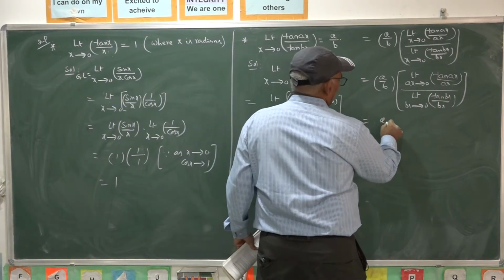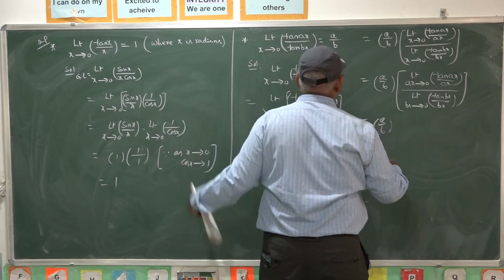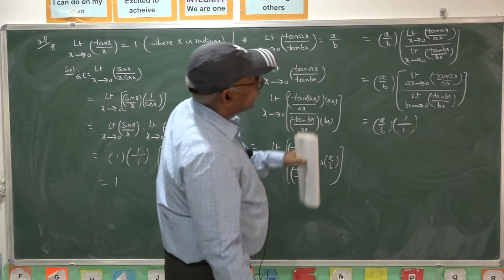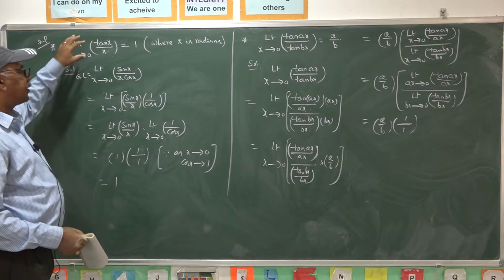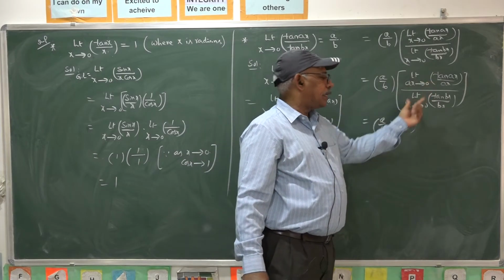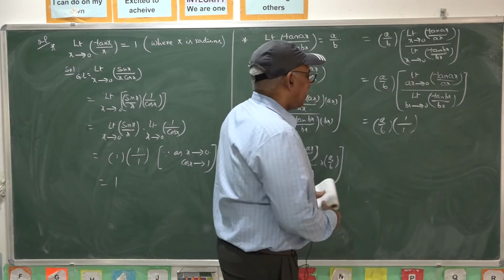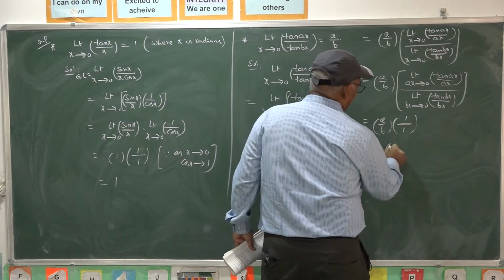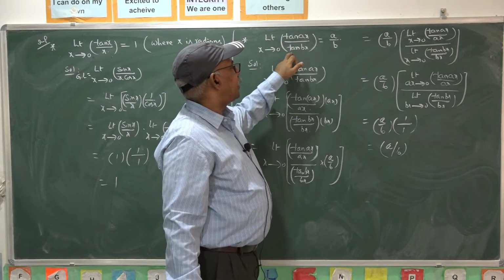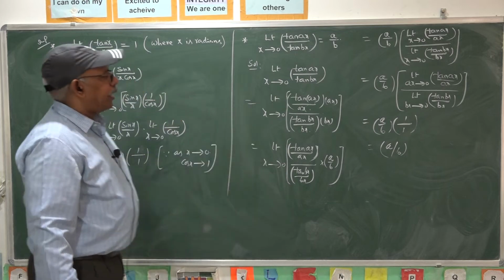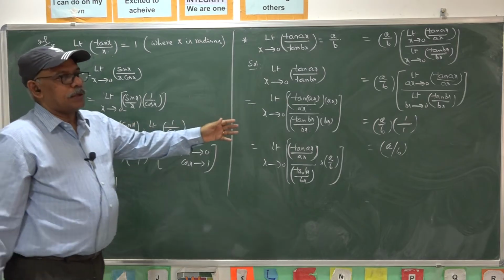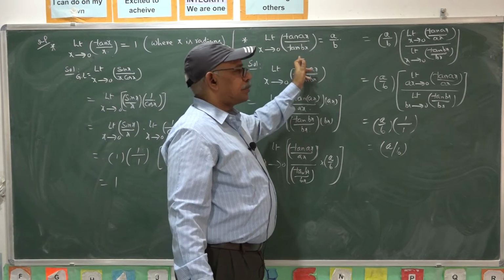Hence, this is as that formula, so the numerator takes the value 1. Similarly, the denominator also takes the value 1, because both numerator and denominator limits are in the form of that formula. Hence, straight away you can take this limit as 1 and this limit also as 1. So ultimately you get a by b as our required limit. So limit as x goes to 0 tan ax by tan bx is a by b. Just as in the case of sine, in the case of tan we also get the same value.